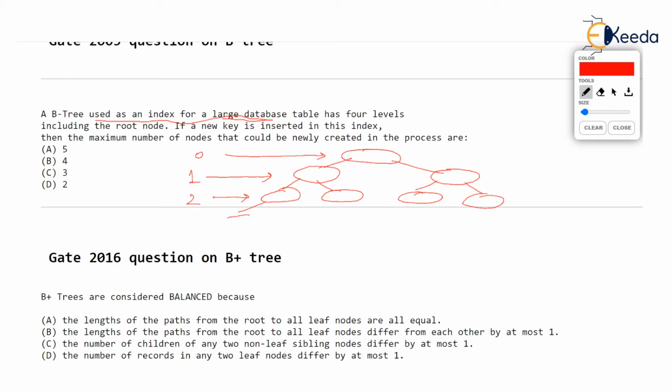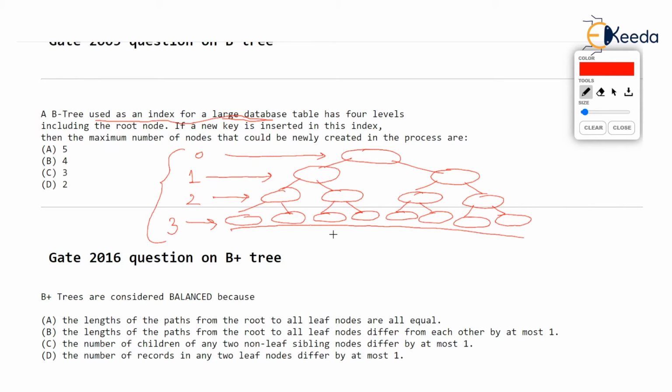So imagine here also every node has 2 children. Let's keep it simple. This is the B tree we are considering. Now you watch, all leaves are at the same level. All these bottommost nodes are leaf nodes. All leaves are at the same level and they are not connected. Remember, it's a B tree. In B tree, leaf nodes are not connected, isn't it? Now this is level 3. So how many in all, how many levels are there? 4 levels, correct? This is what they are asking.